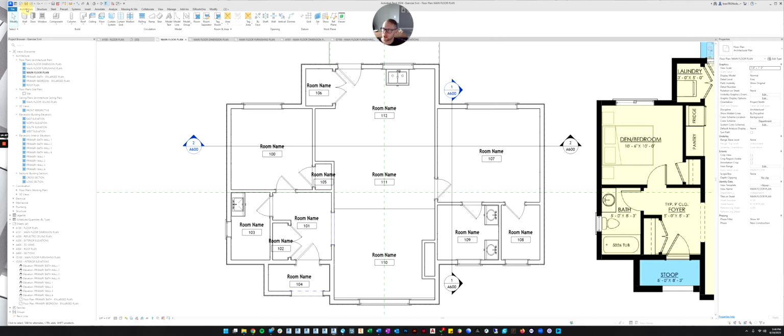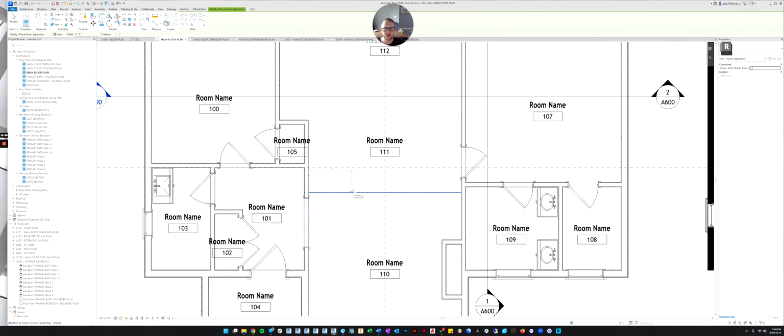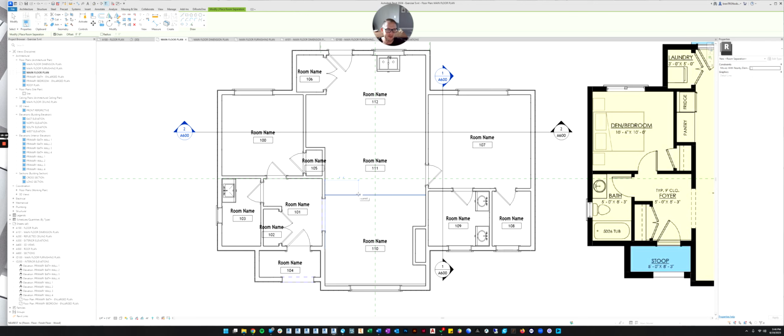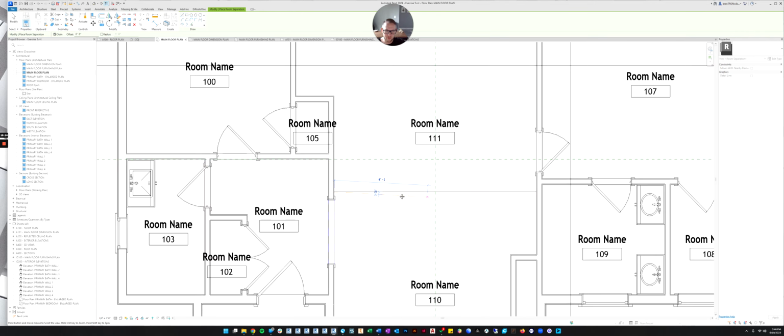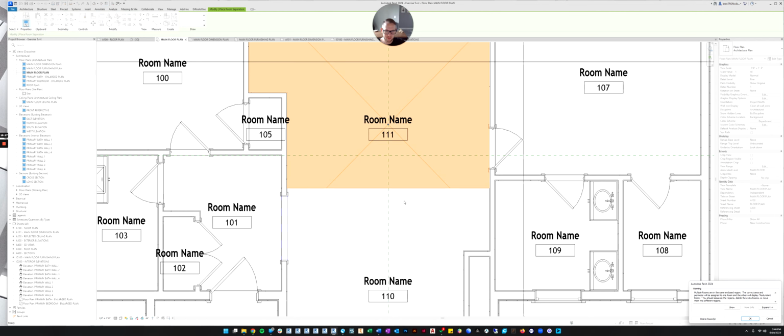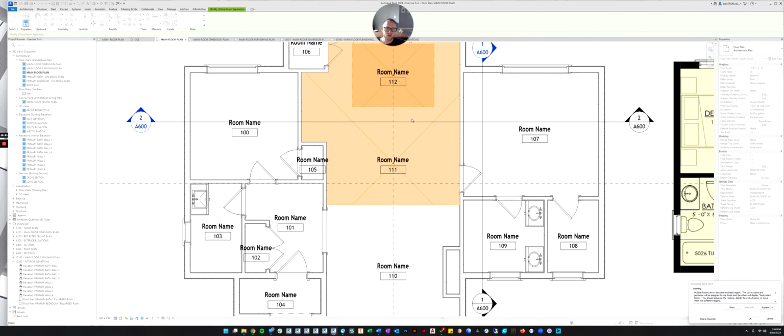If you go back to the architectural tab, back to where the rooms were, the room command was, next to that is something called a room separator. If you click that, it allows you to draw a line to separate a room rather than having to rely on walls. So let's draw a line right along this floor where the floor changed materials like this. And now it drew a line, and now it's telling you that's great.